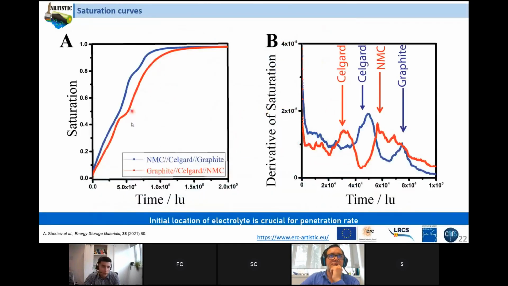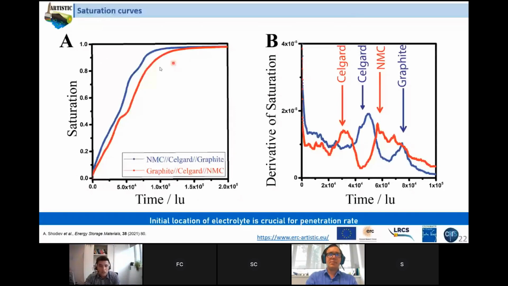So here again, I present the saturation curve. As you can see, because NMC had higher porosity at the inlet, it influences it, so it goes overall faster. Initially, it starts higher and goes faster, compared to the graphite and CellGuard, which had lower porosity, and it goes slower compared to the first cell. But here you can see the steps, which means the electrolyte is coming from one structure to another one, like entering the separator and so on,